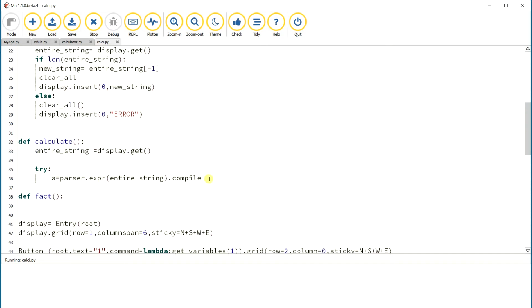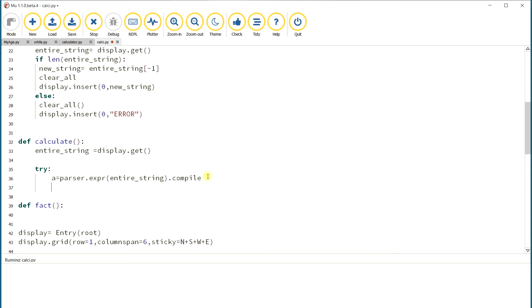It is easy compared to C and C++, where we would be writing each and every operation for plus, minus and everything. Here we are just importing the module, and it will do the operations. There is a function evaluation within the parser. See, it comes in blue color, so it is already there. It will evaluate the expression, and the result of that is A. We are reading the given string, compiling and evaluating it, and this parser will store the result of this expression in the evaluation.